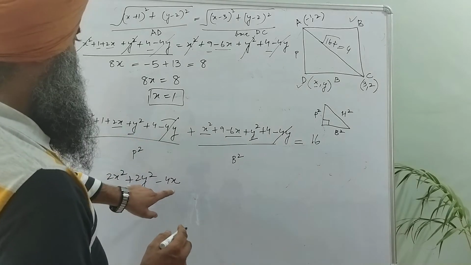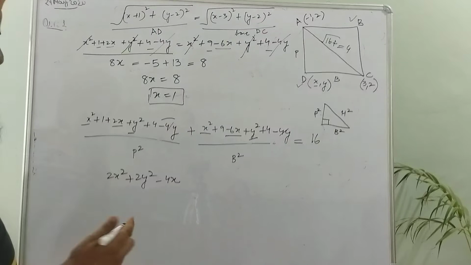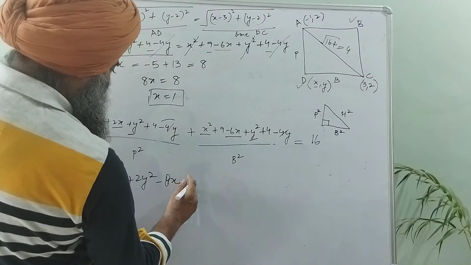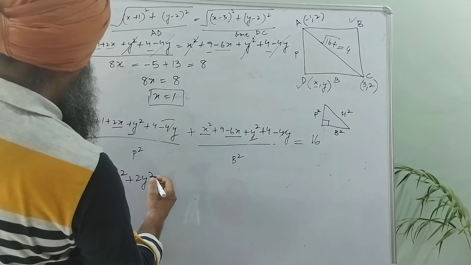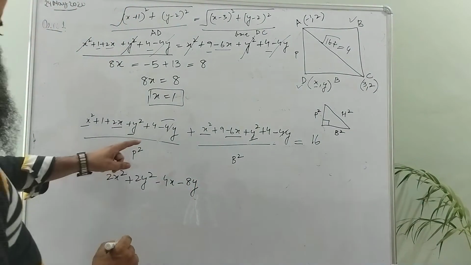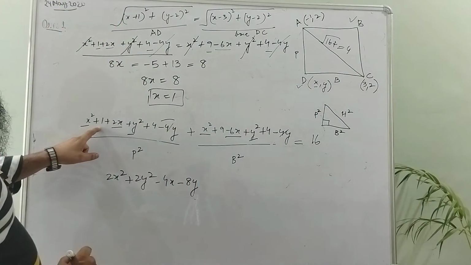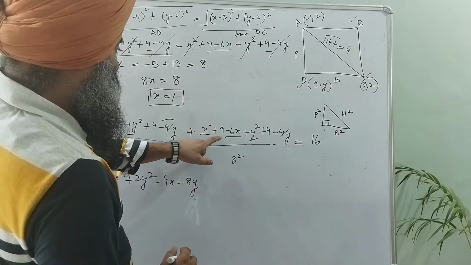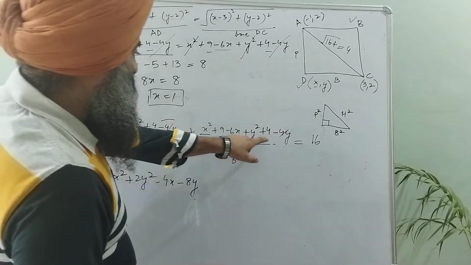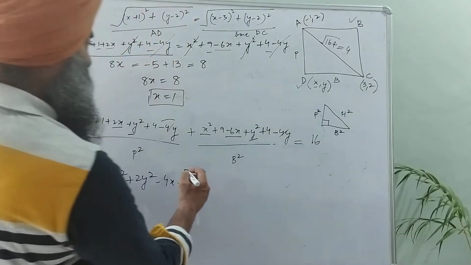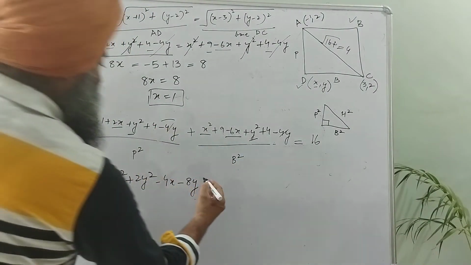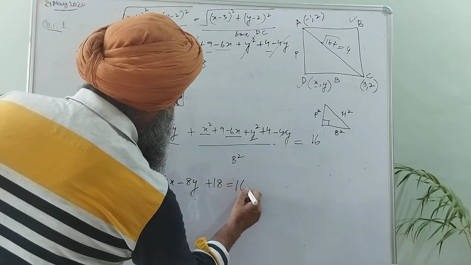Right? Then minus 4x. Alright students, so this is minus 4y becomes minus 8, I'm sorry. This is minus 4x minus 8y. Am I right students? And this is 4 plus 1 is 5. 5 plus 9 is how much? 5 plus 9, 14. 14 plus 4 is 18. Am I right students? Yes, sir. Let's see again, 13. 13 plus 5 is 18, correct. Plus 18 is equal to 16.